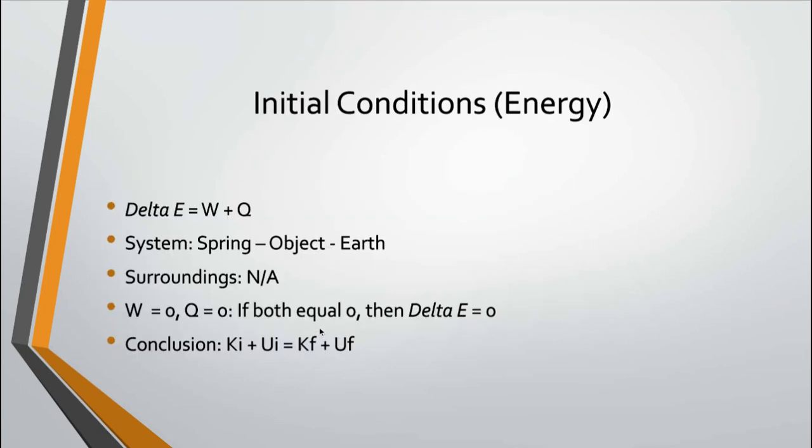The initial conditions for energy were delta E equals work plus Q, which is thermal energy, but this experiment doesn't really cover Q, which just leads it to equal 0. If we make the spring, the object, and Earth part of the system, and create no surroundings, work would also equal 0 since no surroundings are acting on the system. If both equal 0, then delta E equals 0. And so the conclusion is that